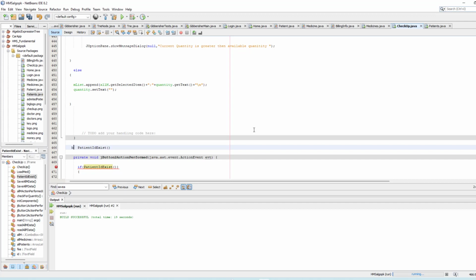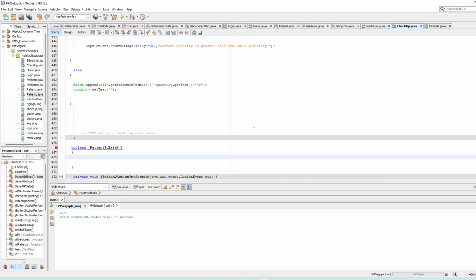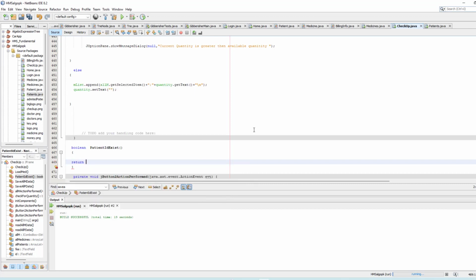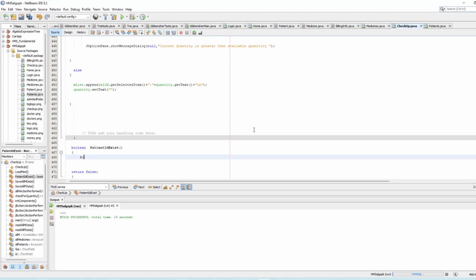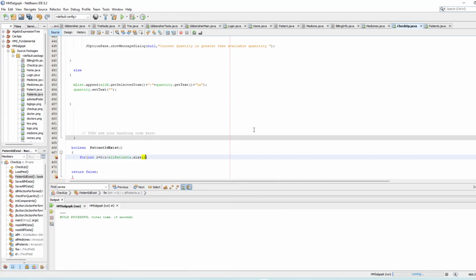Okay, return false, and for int I to 0, I less than all patients dot size I plus plus,